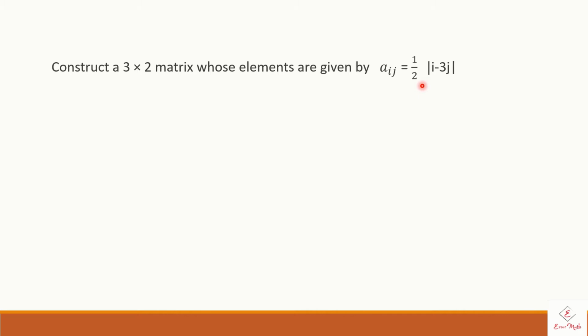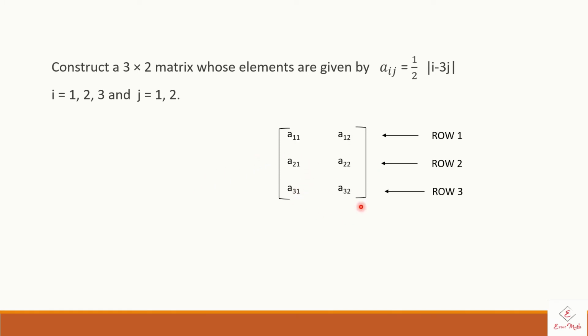अब यहाँ पर total number of rows 3 है, so the value of ith row will be 1, 2 and 3, and jth column will be 1 and 2, and this is what the general representation of 3x2 matrix looks like। यहाँ पे elements के position है A11 first row first column, A12 first row second column, similarly A21, A22 and A31 and A32। so हमें इनके values find करने हैं, इन elements के value place करना है इसी position में।